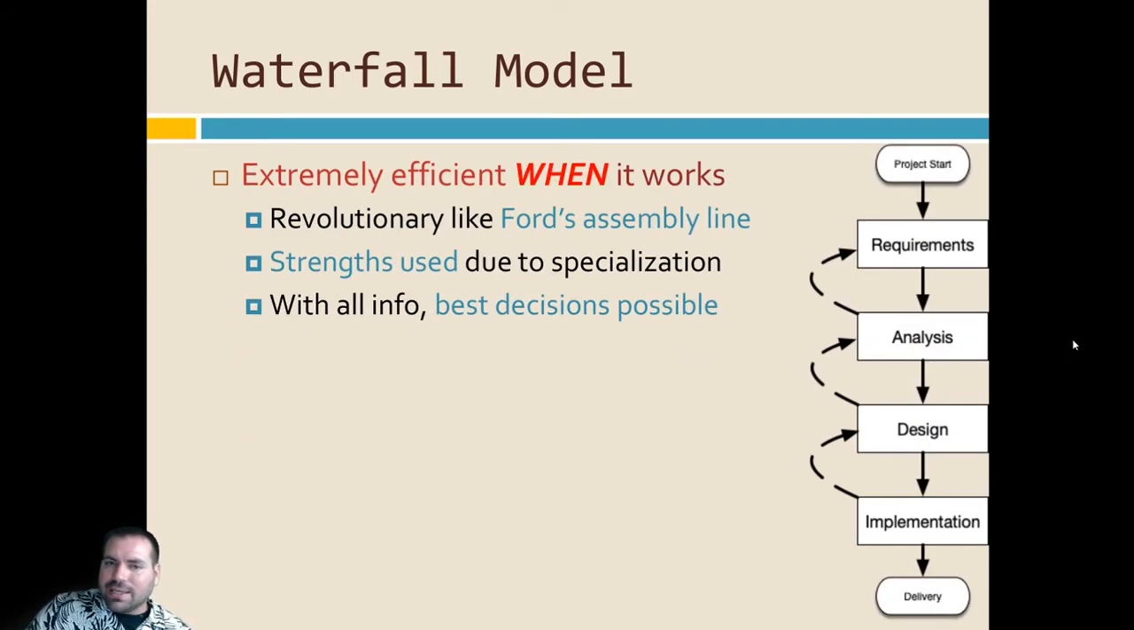So, the Waterfall model. I would argue this is the best software development model if it works. Specifically, when you have all of the requirements clearly defined in this requirements phase, if those requirements are rock solid, they will never change, and the customer knows exactly what they want, this is the best way to do it. You take those requirements, you analyze them, you design some software, you implement the software, you deliver the software. The problem with this is,